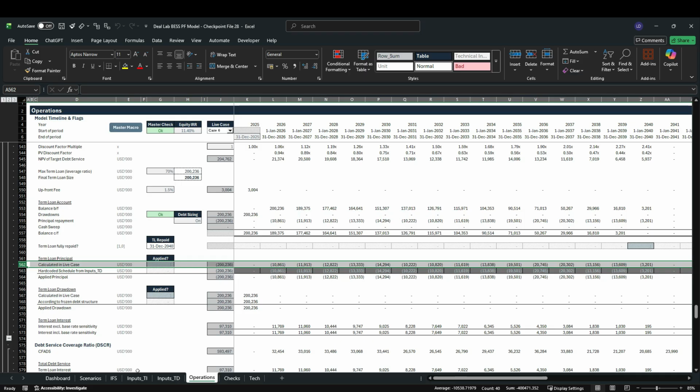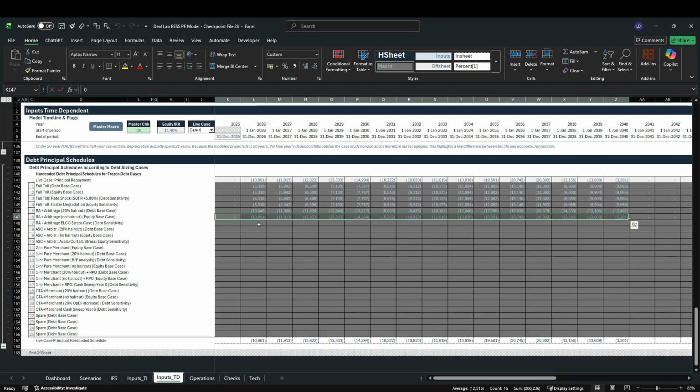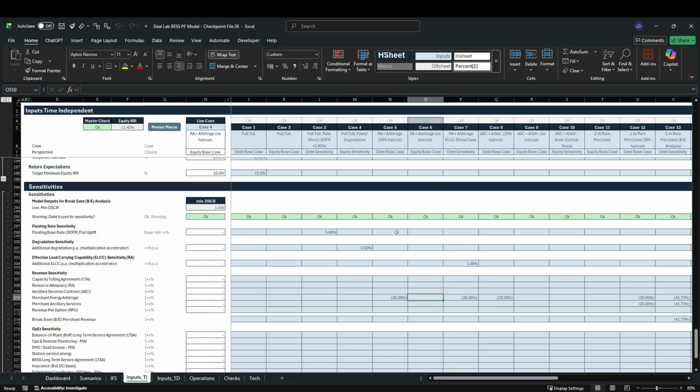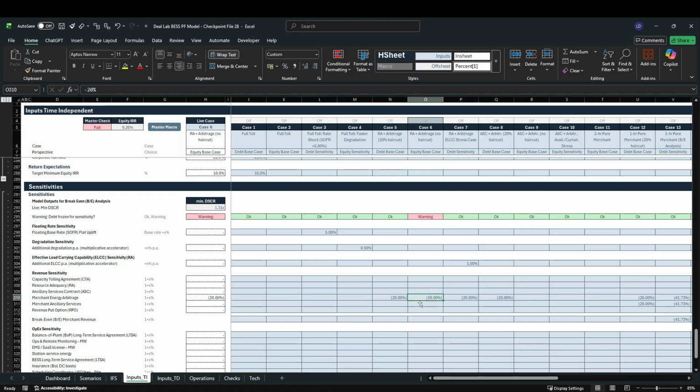And that is because now we would have more merchant CFEDs to allow for more debt, leading our inputs time dependent debt schedule repayment to be slightly elevated in comparison to our debt base case. So this is certainly not what we would want to apply for our equity base case, because the debt will always be based on the debt base case. So let's undo this, put in 20% right here, hit the master macro,